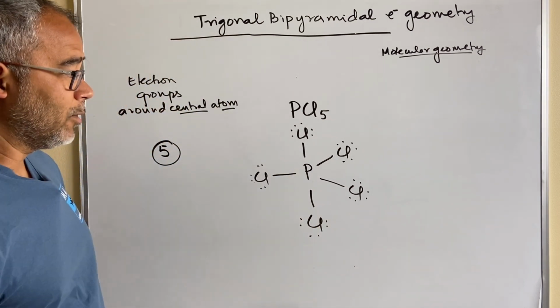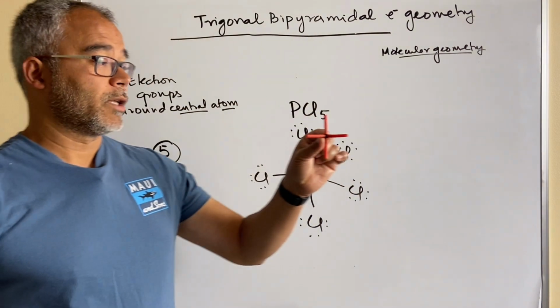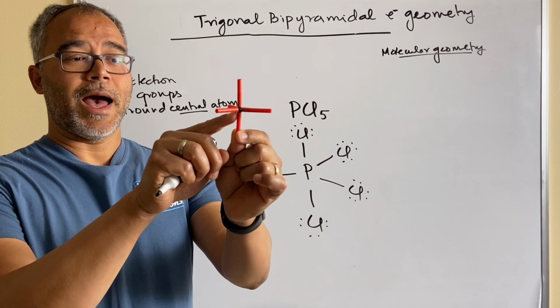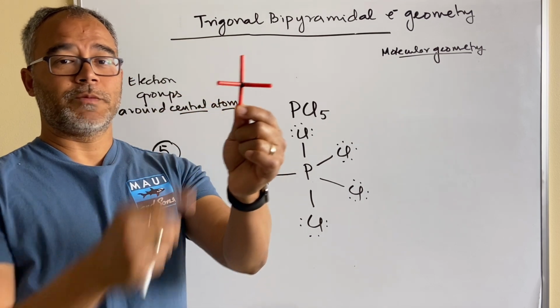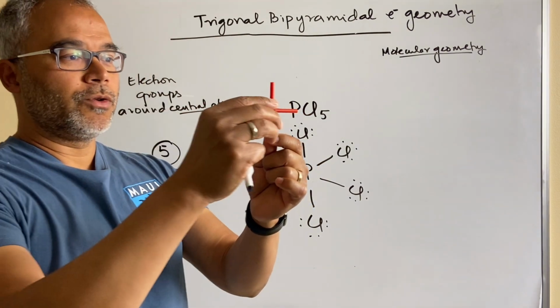All right, so now what kind of a shape does this have in 3 dimensions? If you look at this, this is a 3-dimensional structure with a central atom and then 5 groups equally spaced around it. So that's what it's going to look like in 3 dimensions. If you kind of envision this,